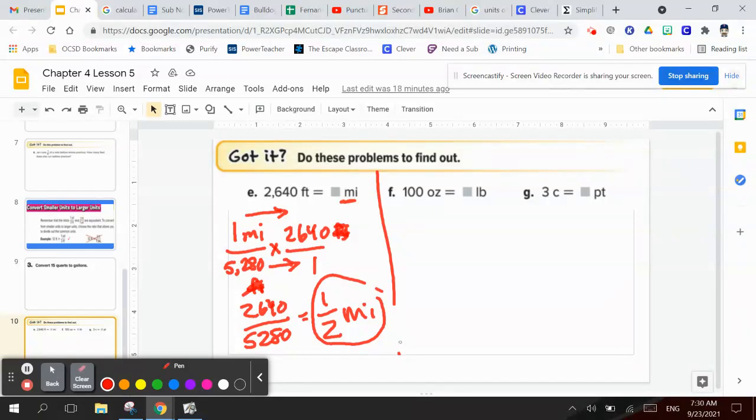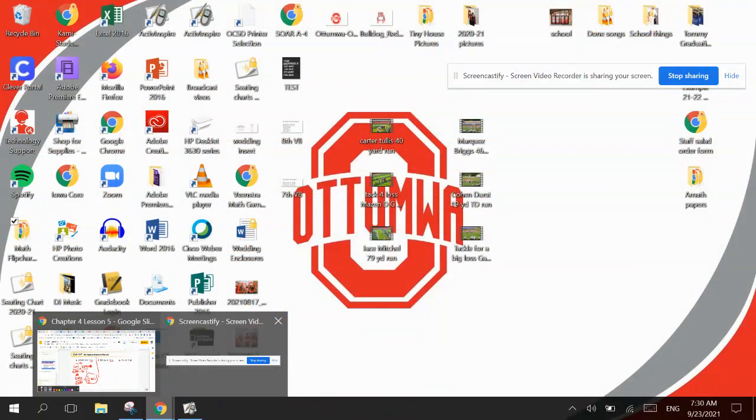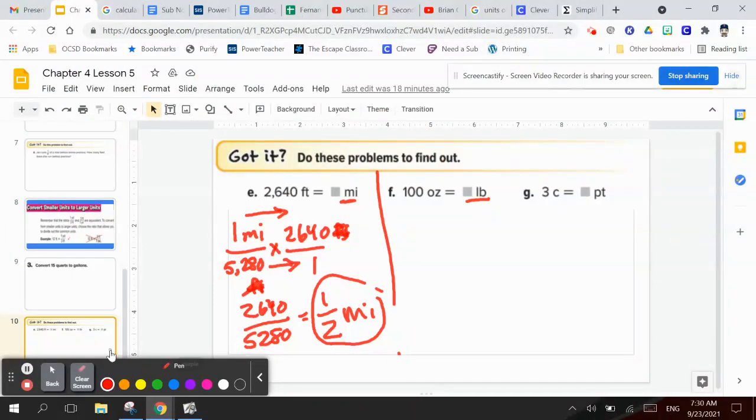Letter F says 100 ounces equals how many pounds? So again, I'm going to look on page 290. We'll look on page 290, and it says that pounds and ounces. There's 16 ounces in 1 pound. So 1 pound